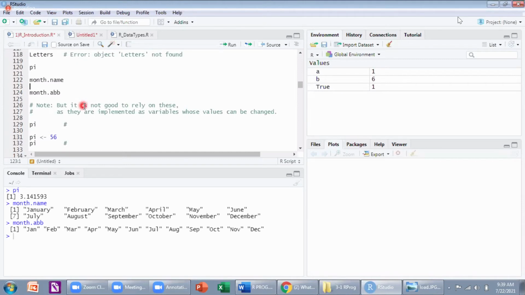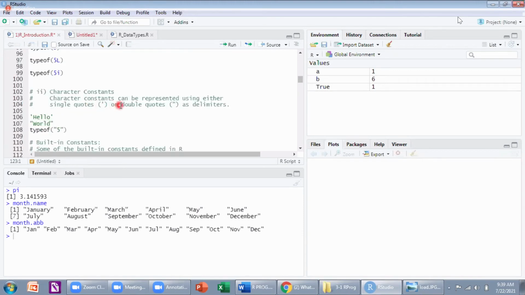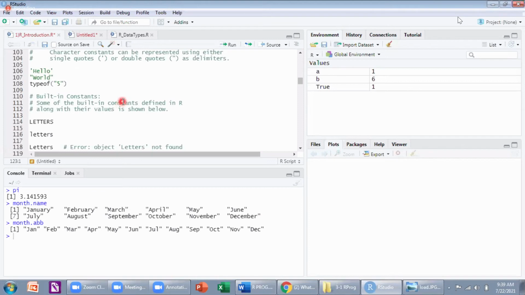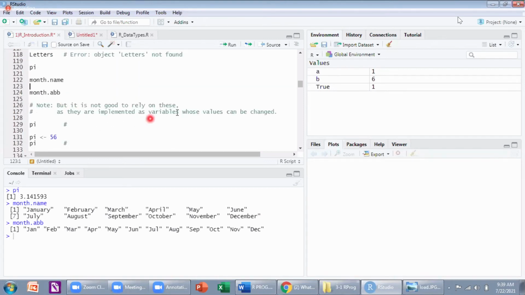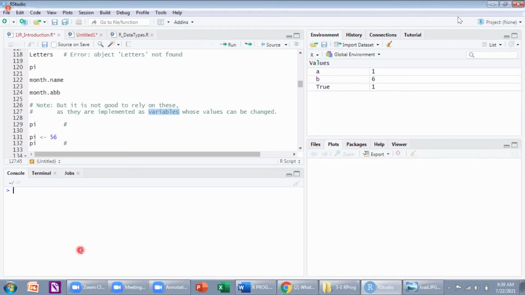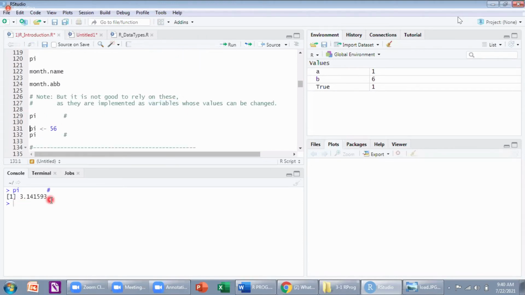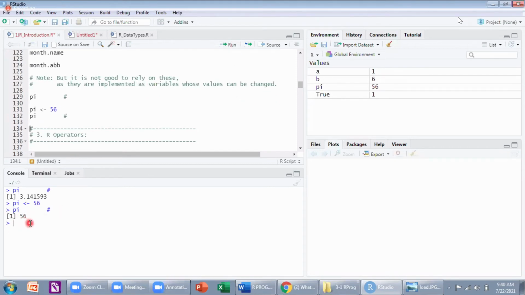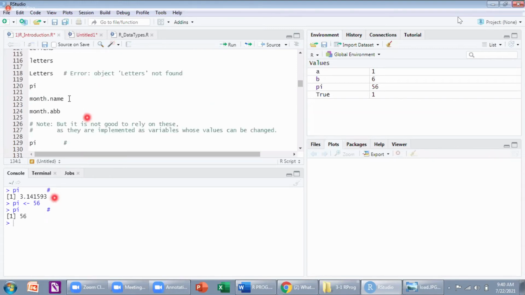See, these are built-in constants, but when you come to the R console, they are implemented as variables. Normally, what is the pi value? 3.14. But when you try to assign pi equal to 56, it is being assigned. See, the pi value has been changed or not? The output of them is a constant, but not these names.